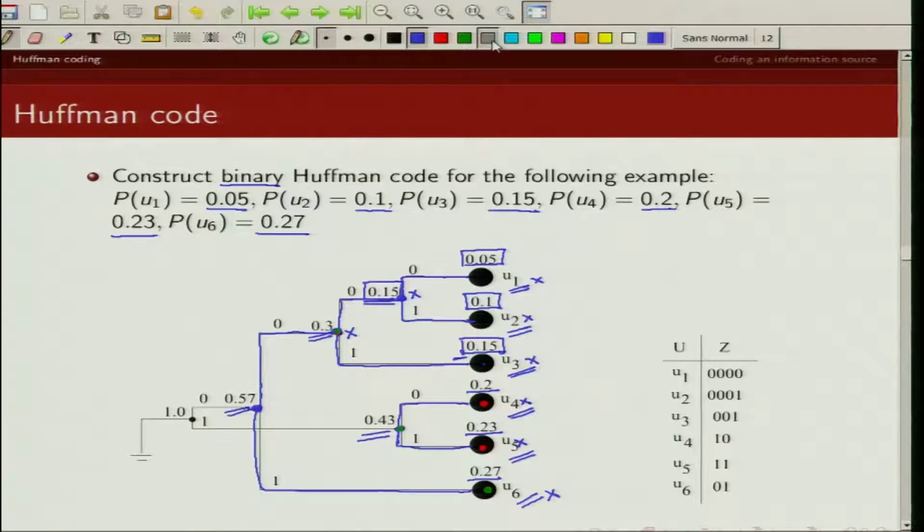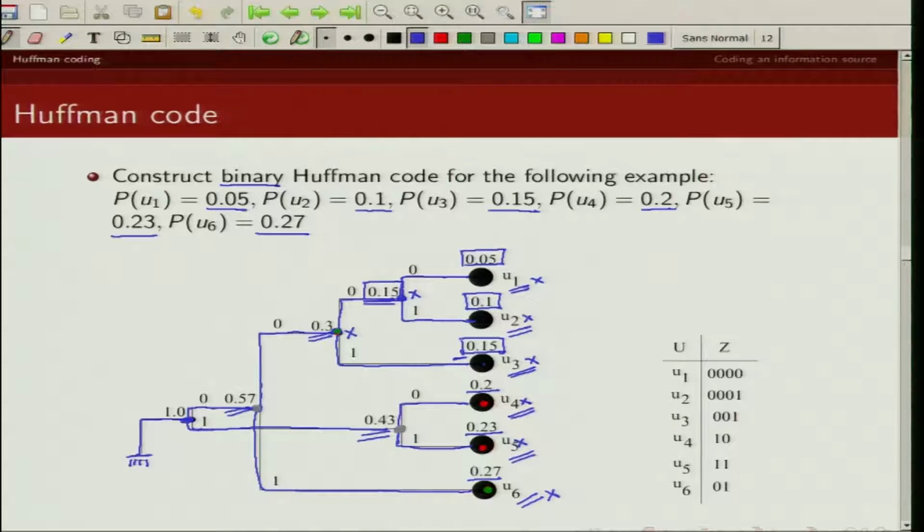Now what are the active nodes left now? One is this node, another is this node. So we combine these together and we get a new node. The probability of this node is 1, and now we have only one active node remaining, so we make it a root node.